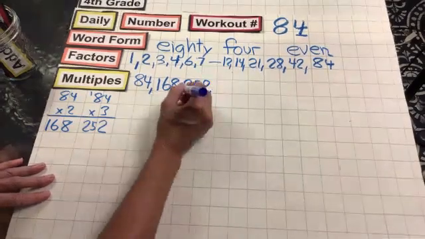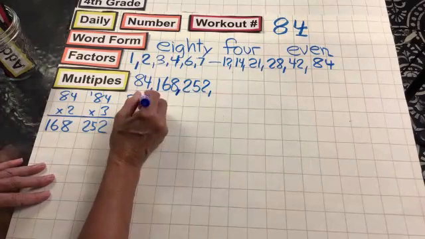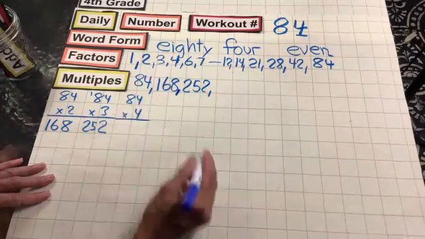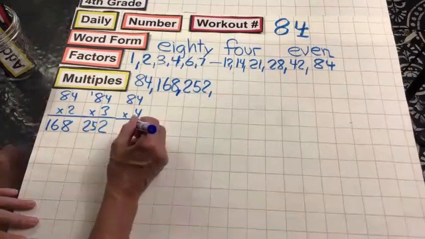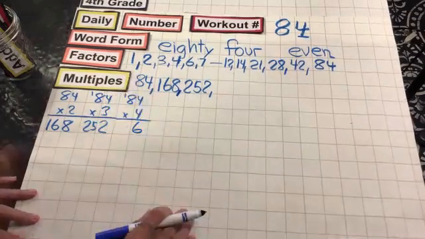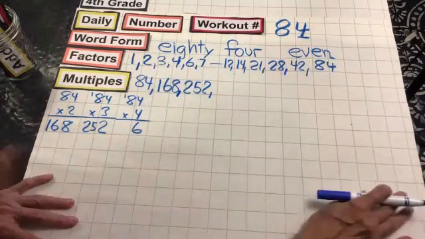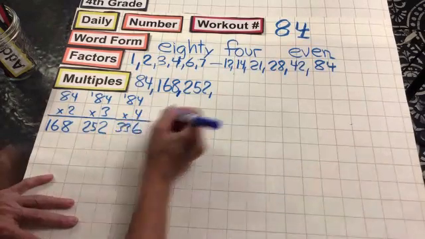252. Make sure we have those nice. We have 4 times 81s. 4 times 4 is 16. Drop the 6, carry the 1. 4 times 8 is 32 plus 1 is 33. That would be